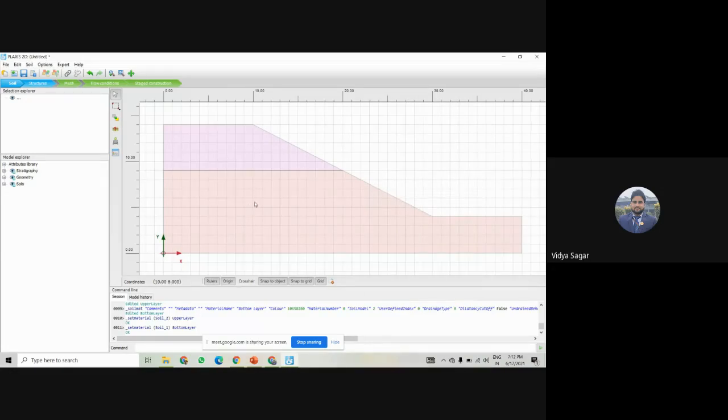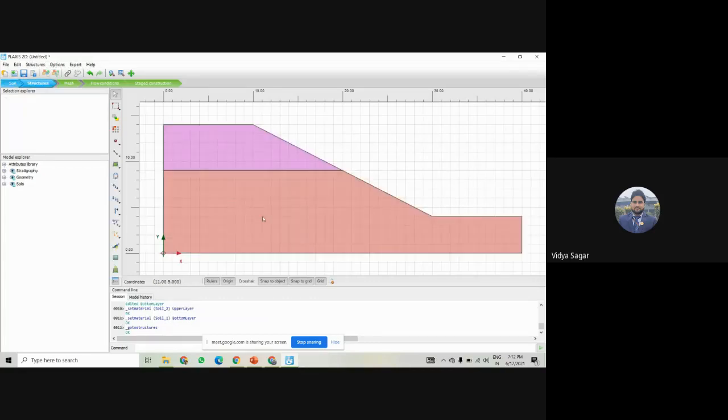So up to here we have just created the soil properties and also created the structural part in these models, right? Next, we have to go to the mesh generation. First, I think you are clear on that. Firstly, we go with the soil property.